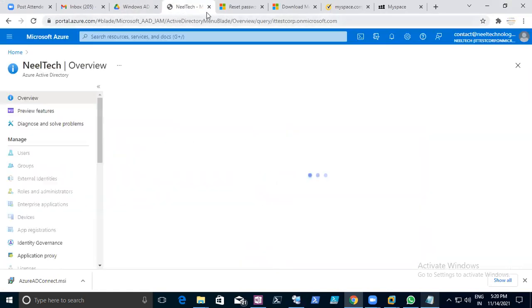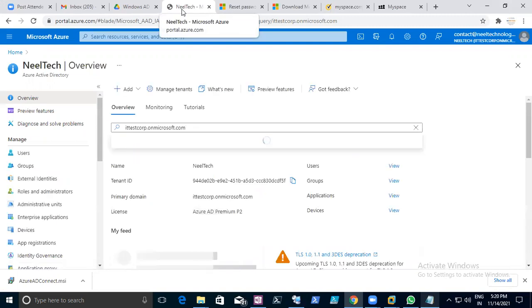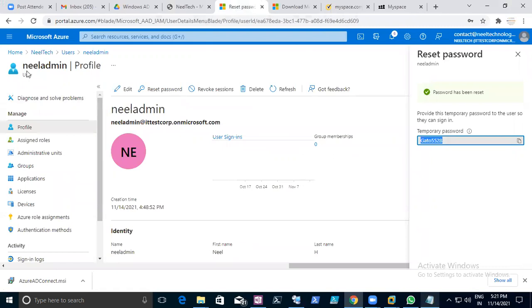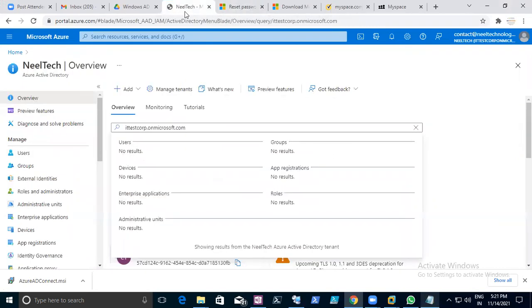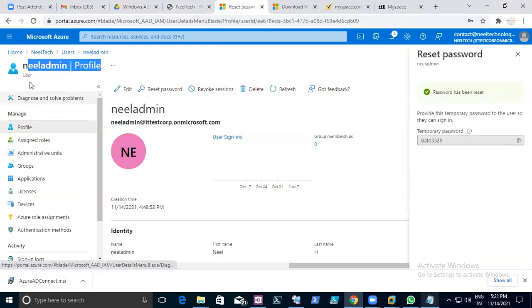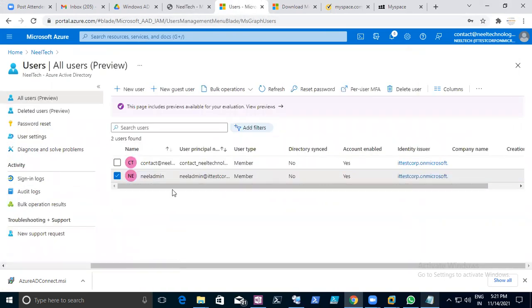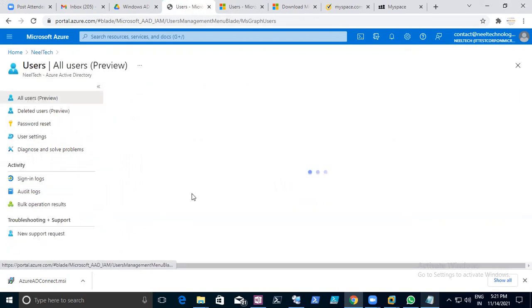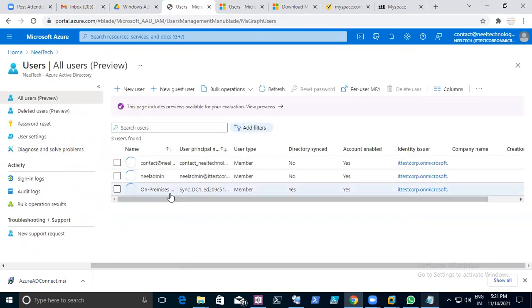Usually, you should open two consoles rather than one console here. The earlier one is right. I opened this one, and I was searching for this; it's already there. You can just go to the administrator unit, or you can say users. You should be able to find a couple of users here. Now this is your domain, right? Neil Tech. You can go to the users. You should be able to replicate it.